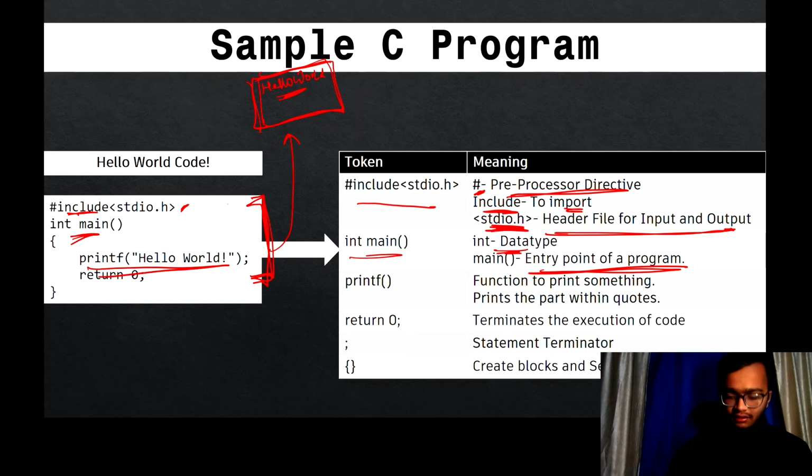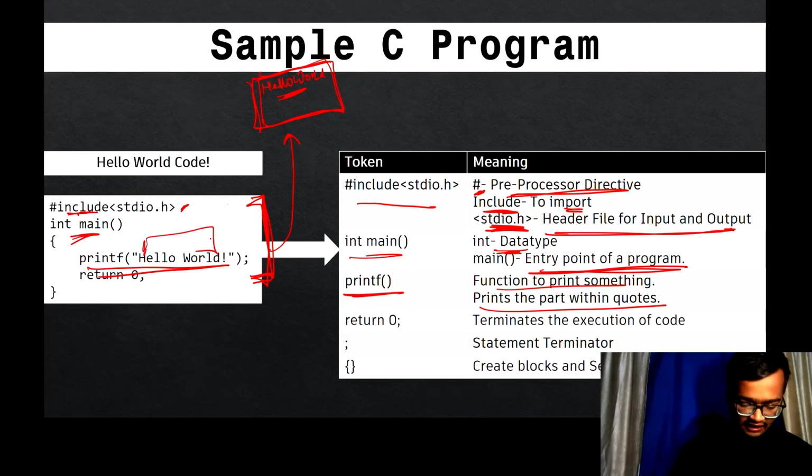This is a line, or you can say a function, which prints something. The part to print is put in quotes. We are going to print this hello world on the screen, so we keep it in quotes and use this printf. And the last line is return 0, which tells the compiler